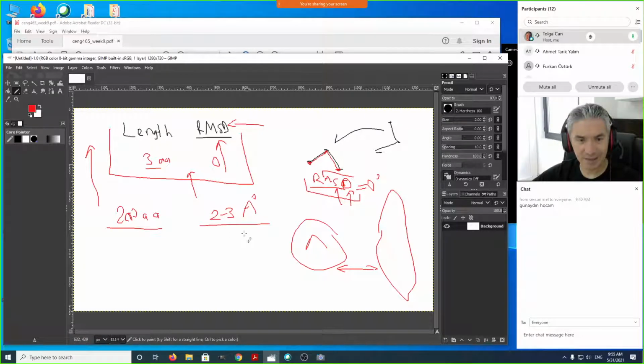If your RMSD increases to 7-8 angstroms, it means the structures are not that similar. So we are looking for good alignments which give us maybe 2-3-4 angstroms at most in terms of the average distance between the matched amino acid pairs. Now, that's a really nice, challenging computational problem,